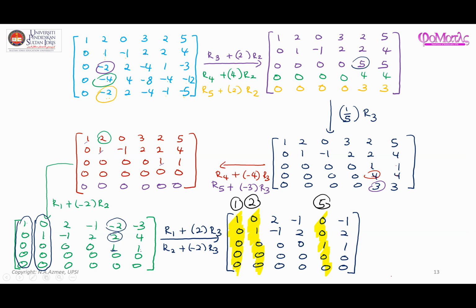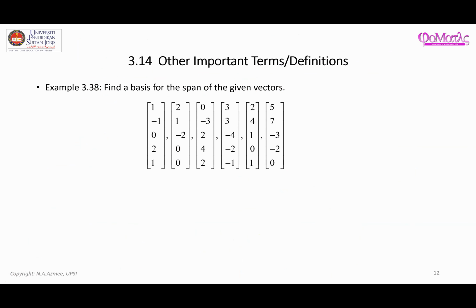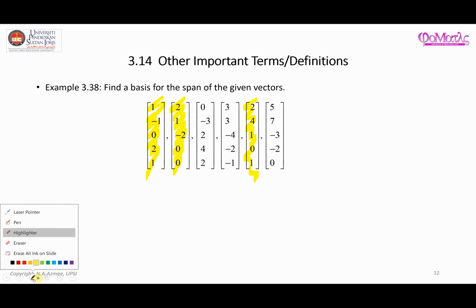So these are the columns that we have to consider, and if we go back to the original matrix, well, let me just erase the whole thing here. Therefore the columns that we need to consider again is the first column, the second column, and the fifth column, and based on that we can say